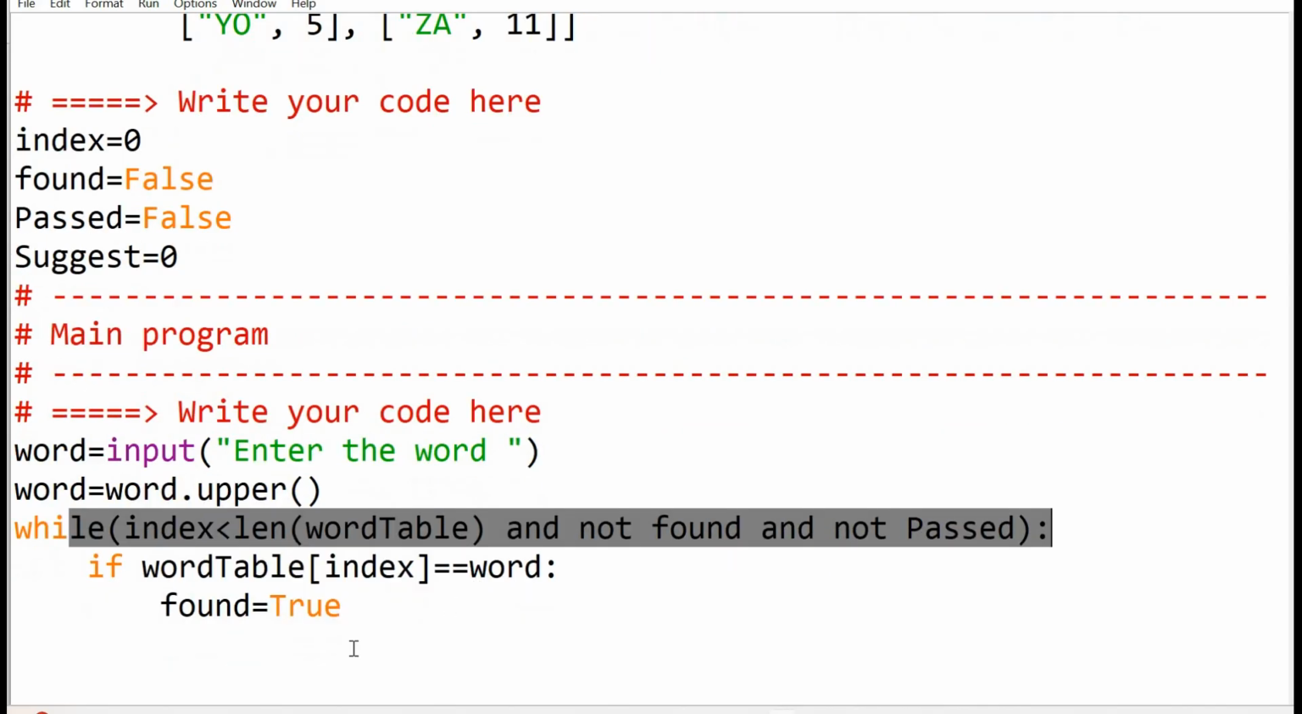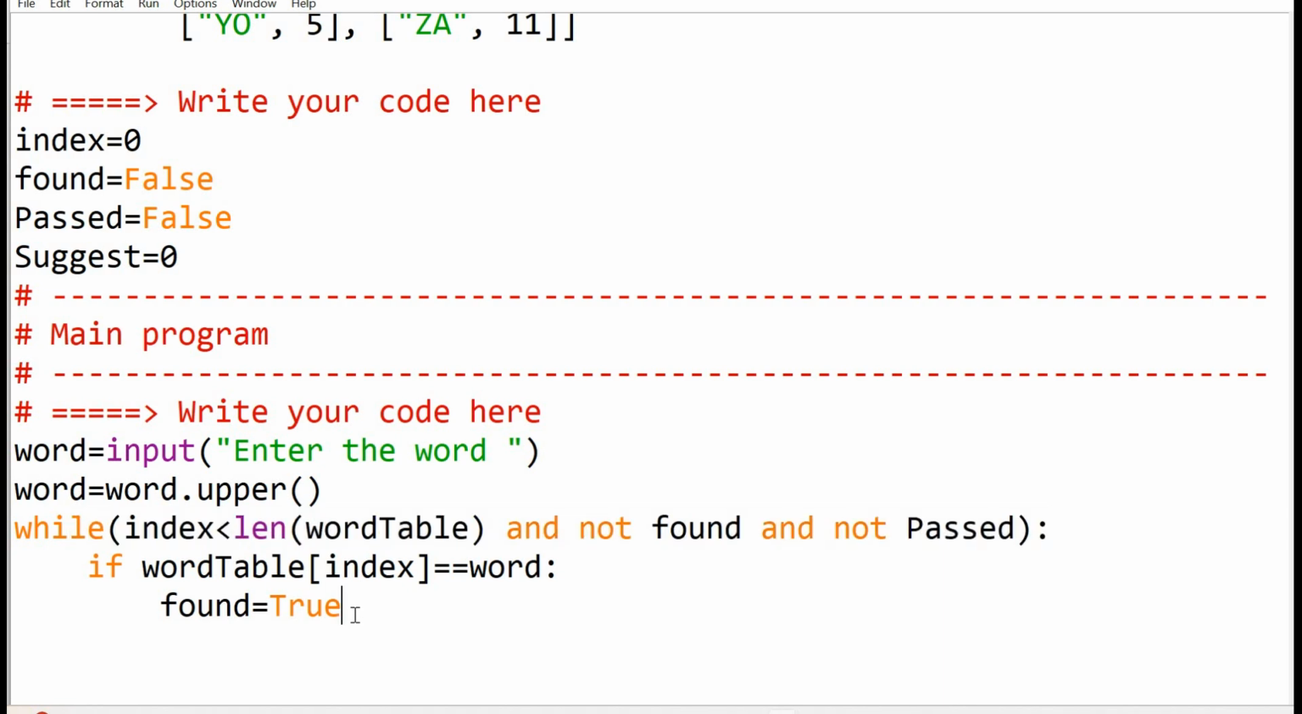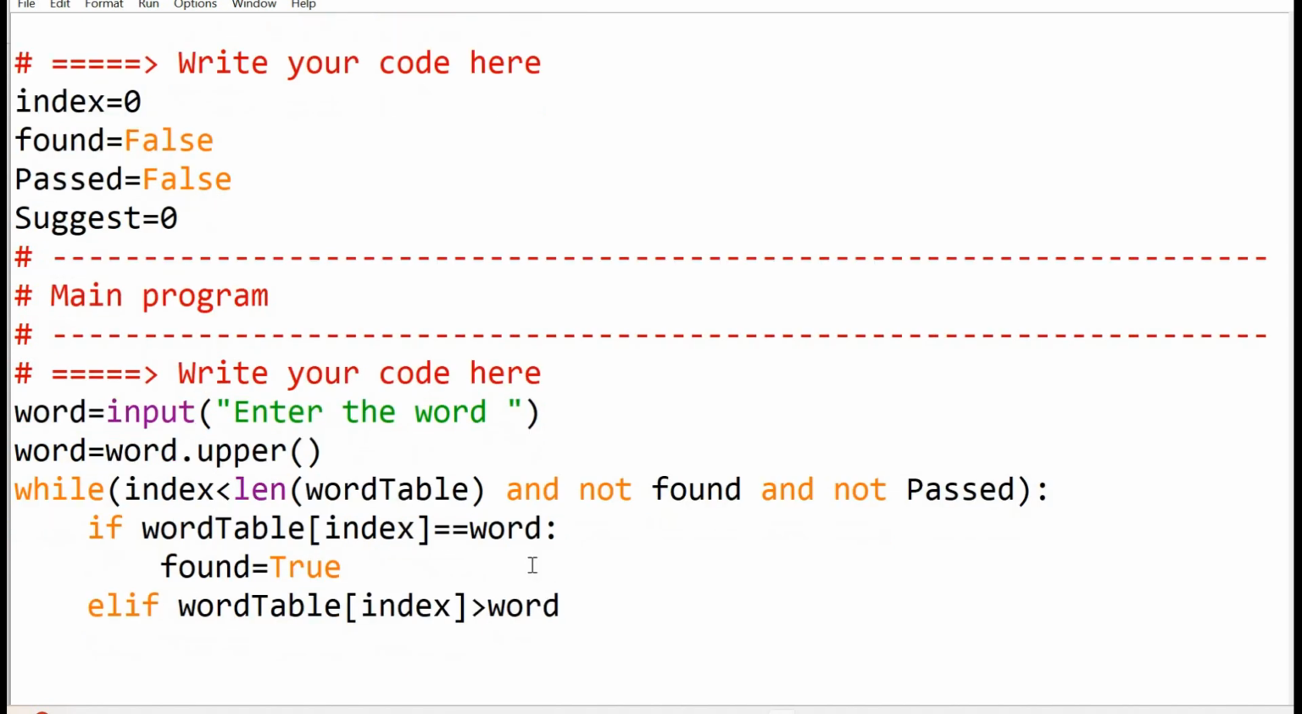Okay, and then the loop will stop. According to the given question, it should be stopped when the record, or when the word, is matched. Next, I'm checking whether I have passed this word or not. I will write: if word table same, Control C, Control V. I'm writing greater than now. Okay, word table of index